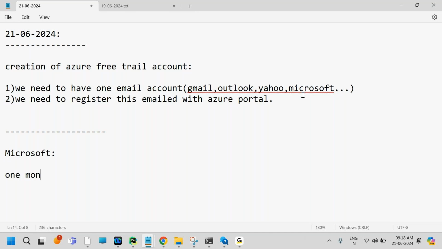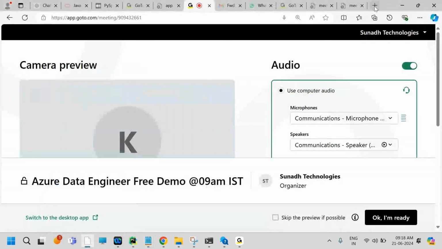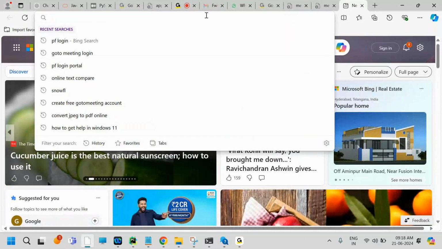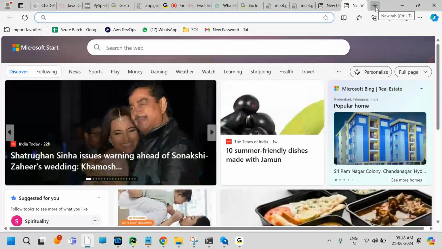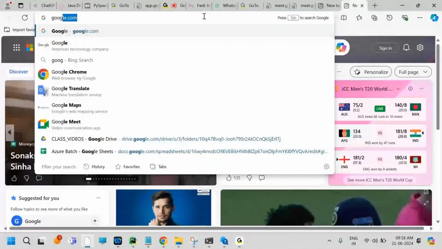So we are using this 1 month free trial, creating our account and practicing our services. The first step is what? We need to create one email account. So let me create the email account for Microsoft. How do we create a Gmail account? You know that: you go to www.gmail.com and click on create account. Like that, if you want to create a Microsoft account,